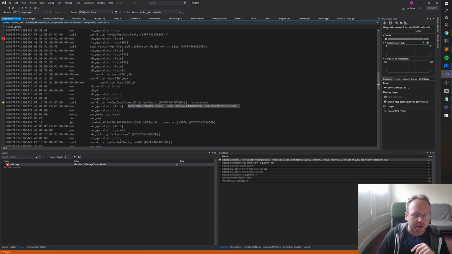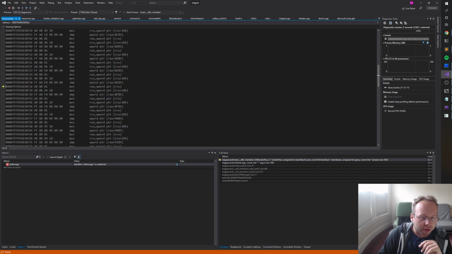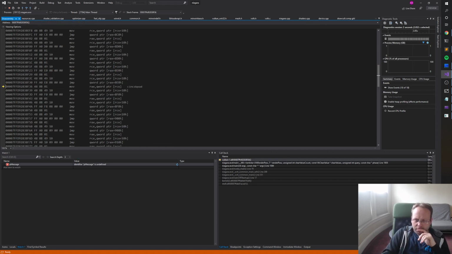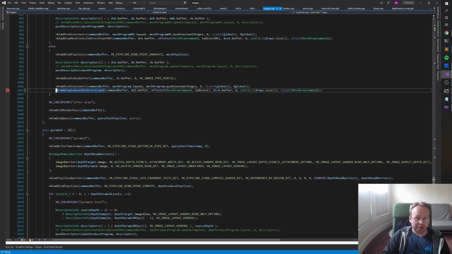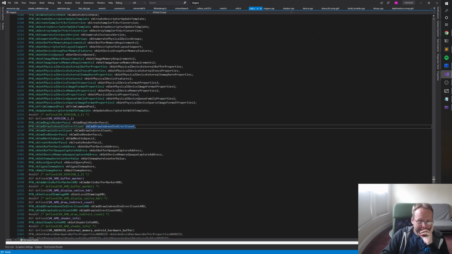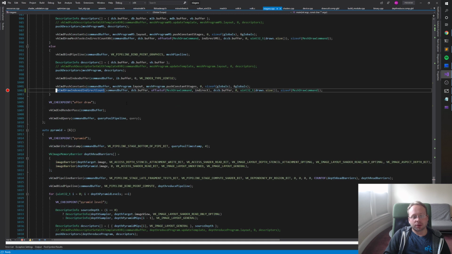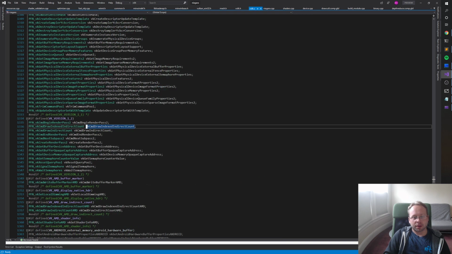Wait, this makes no sense. Maybe it's a bug in Volk? Why does it even go through the Vulkan DLL? Okay. Clearly there are many problems here. Oh, right. It probably goes through the Vulkan DLL because the